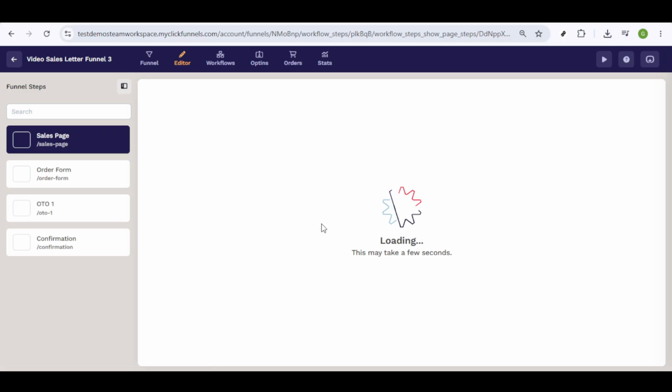As you proceed, keep in mind the flexibility ClickFunnels offers. You can customize each page within your funnel to suit your branding and specific needs by using the intuitive drag and drop builder. Feel free to adjust texts, images, and other elements to ensure it aligns with your vision and